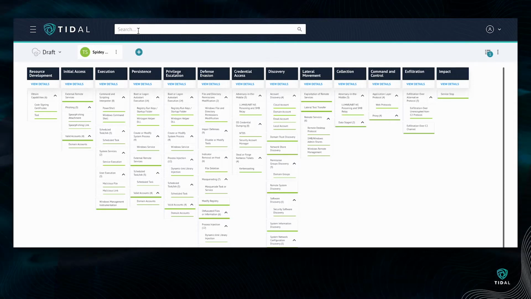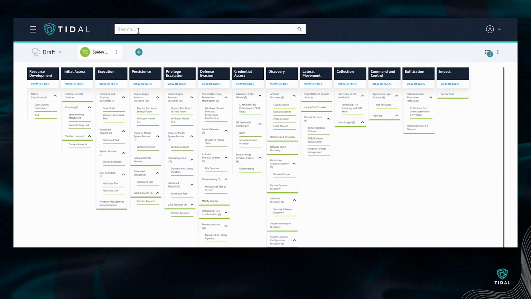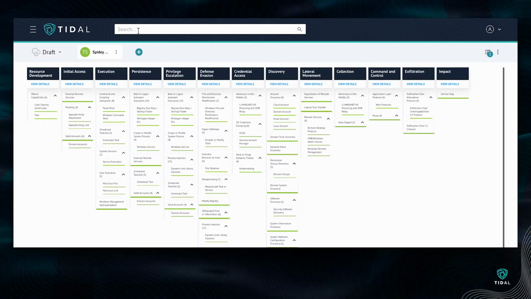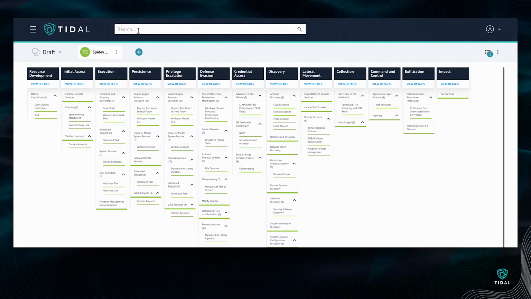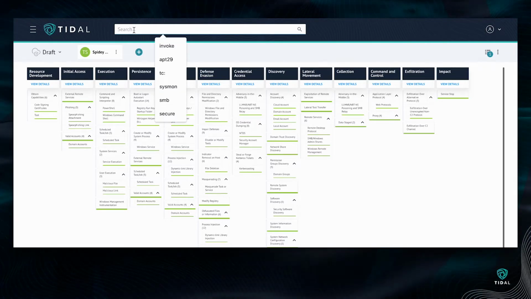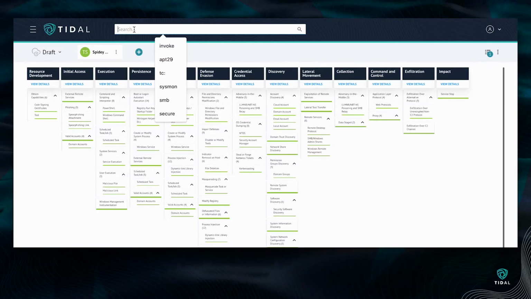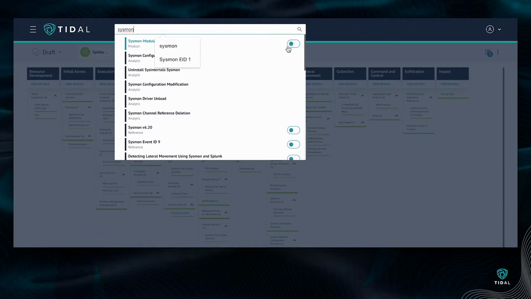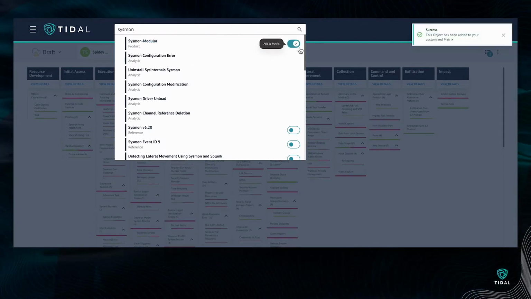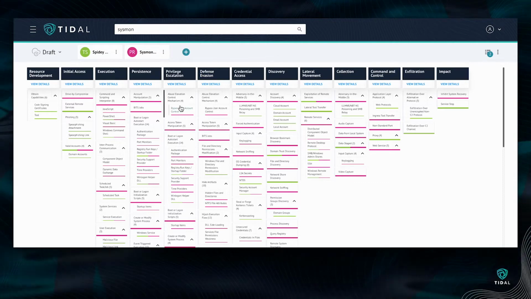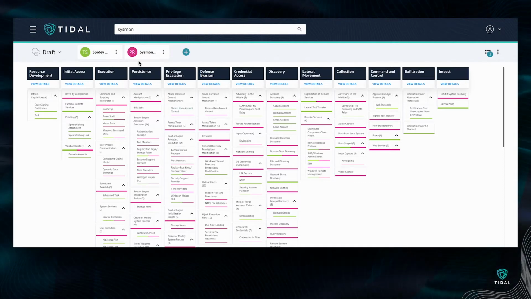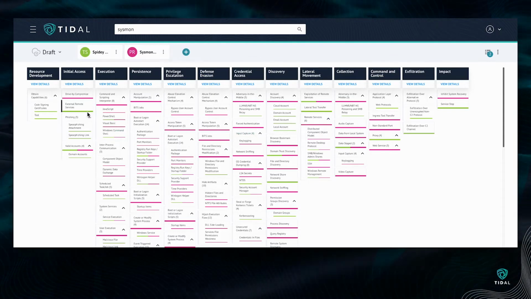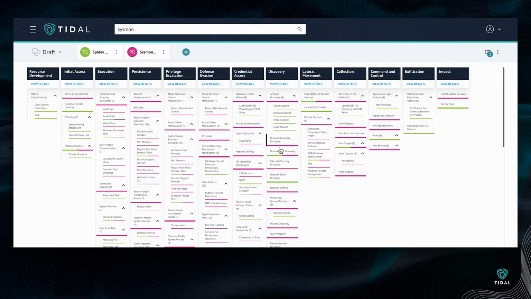But in this case, I want to tackle this from a defensive mindset, right? I want to understand what I can do to defend against this threat. I know I have specific defensive tools at my disposal, so maybe I've got Sysmon Modular, something that Olaf Hartong has provided for the community. I add Sysmon Modular, and now I can see the overlap that Spidey Potter has with Sysmon. So where's the coverage? I can see techniques that potentially don't have coverage utilizing Sysmon, at least the out-of-the-box